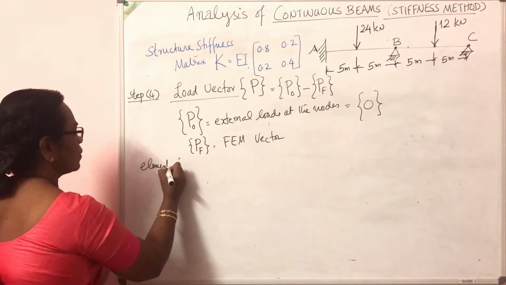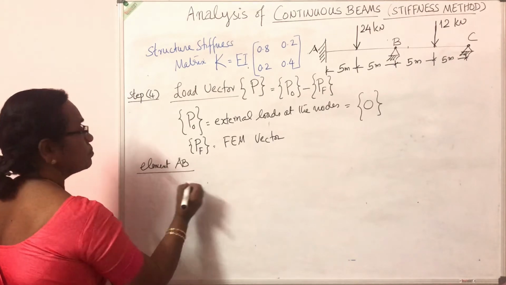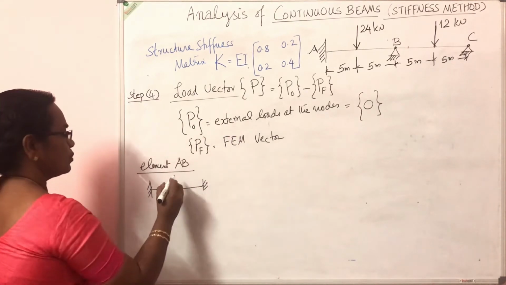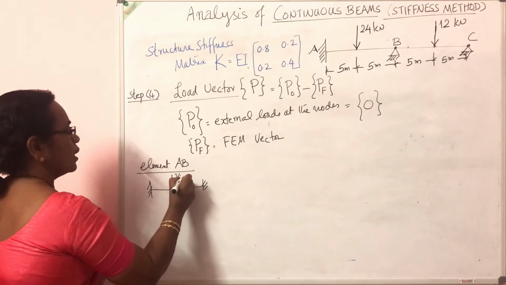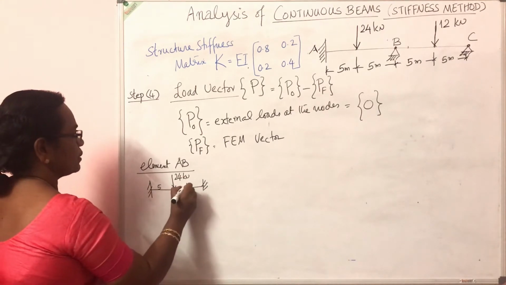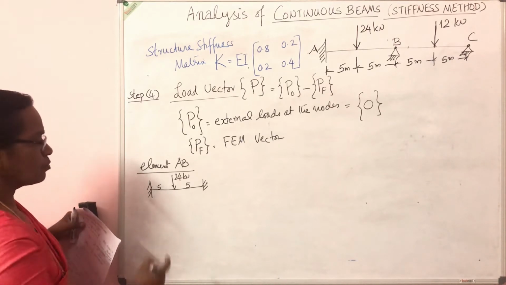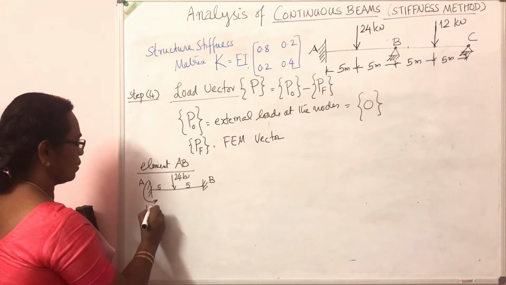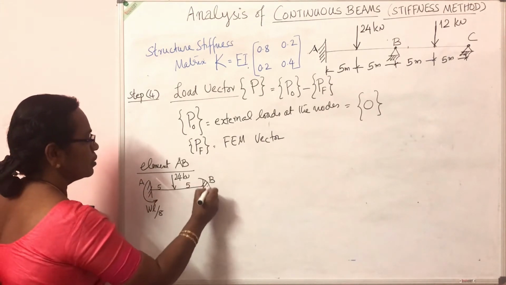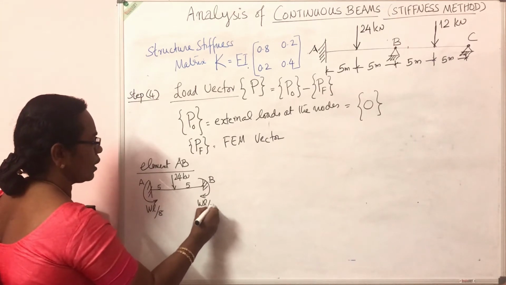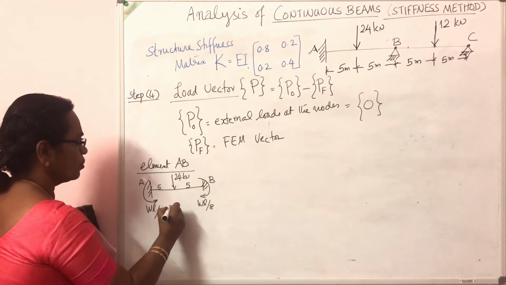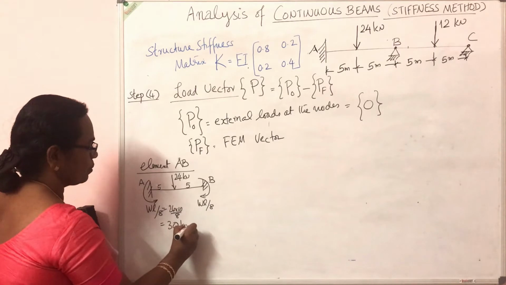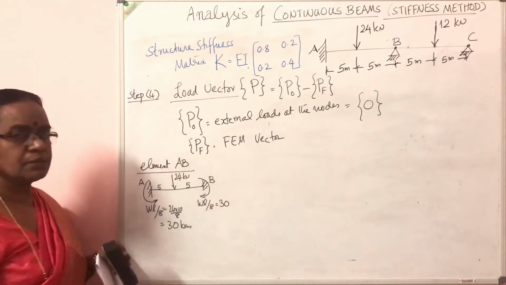that we have to find out by element. Consider element AB. In the element AB, let us assume it as a fixed beam. There is a load of 24 kilonewton acting at the mid span, and each span is 5 meter, 5 meter. So what is the fixed end moment? If it is AB, the fixed end moment at this end is WL by 8 due to central load. Here it will be clockwise, WL by 8. Substituting 24 into 10 by 8, it works out to 30 kilonewton meter. So this is also equal to 30 kilonewton meter.